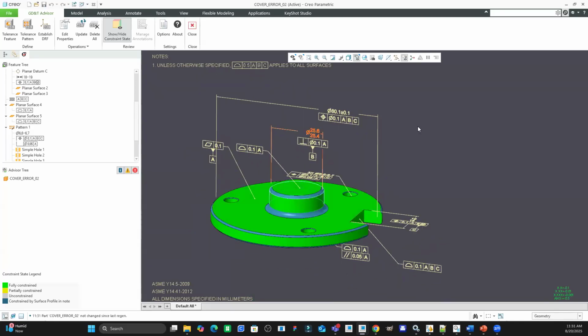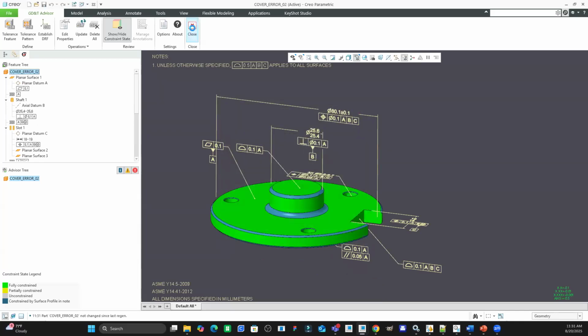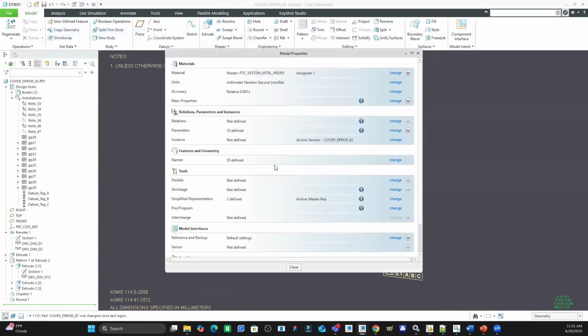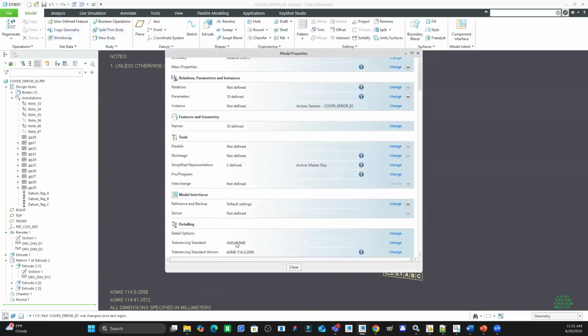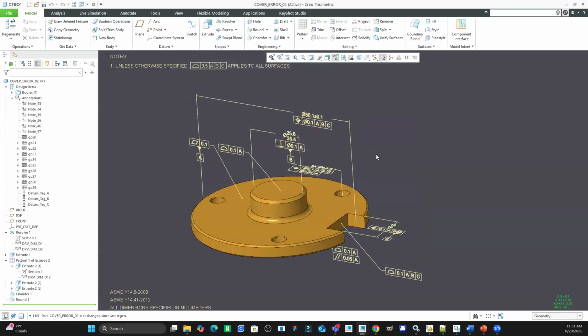Okay. Now, if I go to my part and edit the properties in the part, you can see that it's using the ASME. But if I would have just gone back before, I could have changed that here again, right? If I go to prepare model property, scroll down and change my tolerance standard. Okay, so yeah, so the goal of this was to kind of show that all the geometric dimensioning and tolerancing